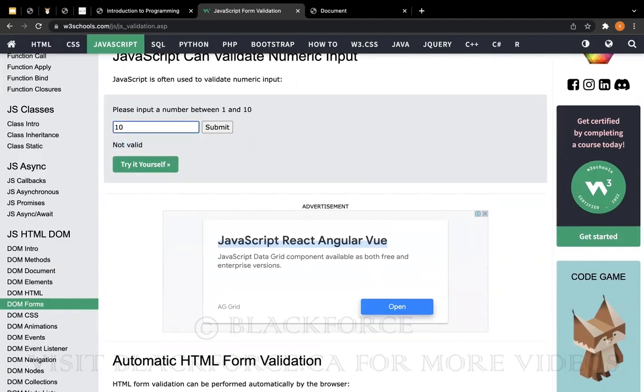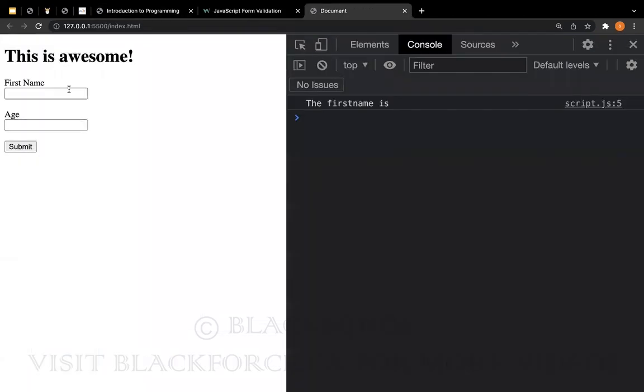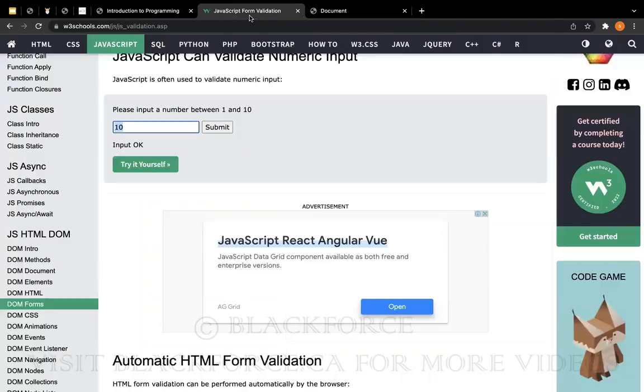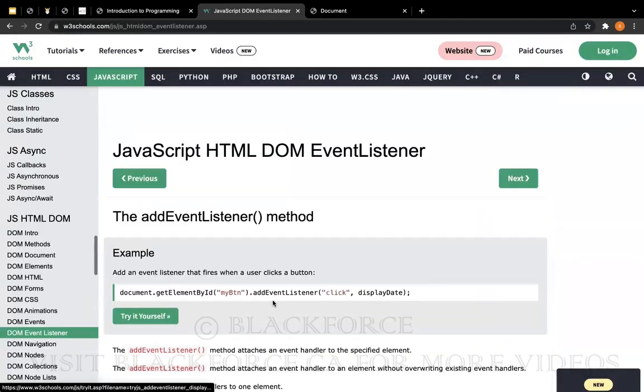So if I put in a number between 1 to 10, it's going to change to input OK, right? So for you to be able to build this kind of little interactive programs, you need to understand how to get data from the form fields and how to listen on events on the click of a button or click of an element, right? So if I just go back to event listeners,